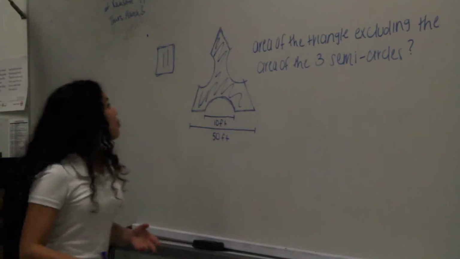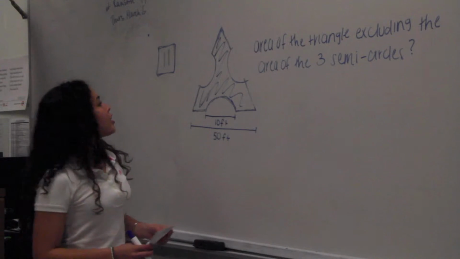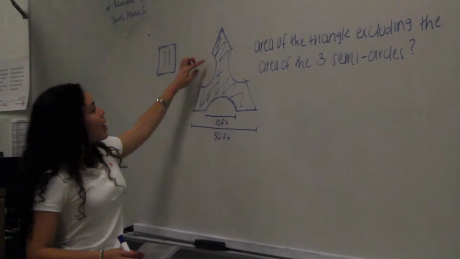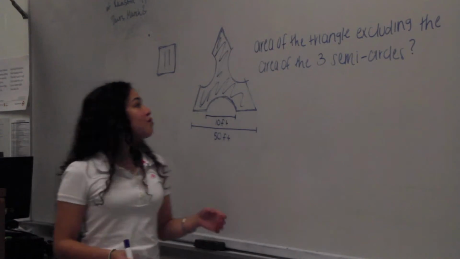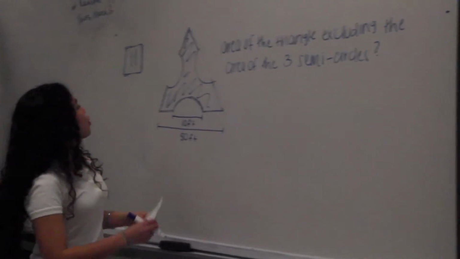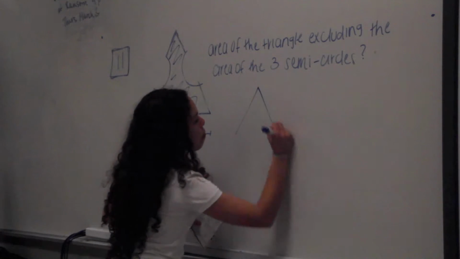Okay guys, so we're going to go over question 11. What this question is basically asking you to do is to find the area of the triangle minus these 3 semicircles. So what I recommend you do first is to find the area of the triangle and then later subtract the semicircles. So the way we're going to find the area of the triangle is that